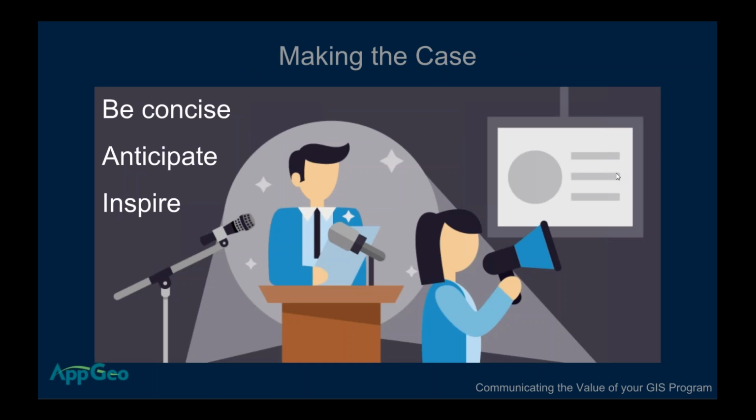And be concise and specific about your goals. If you are asking for GIS money, tie it to specific activities that are going to benefit from this. Demonstrate how staff and citizens are currently using the system, how it's become a part of their daily existence, how it's become integrated into their daily workflows, and describe those anticipated outcomes and the benefits. Requesting funding just because your department has done so and you're just asking for that level funding, it's not always a great compelling use case for them.